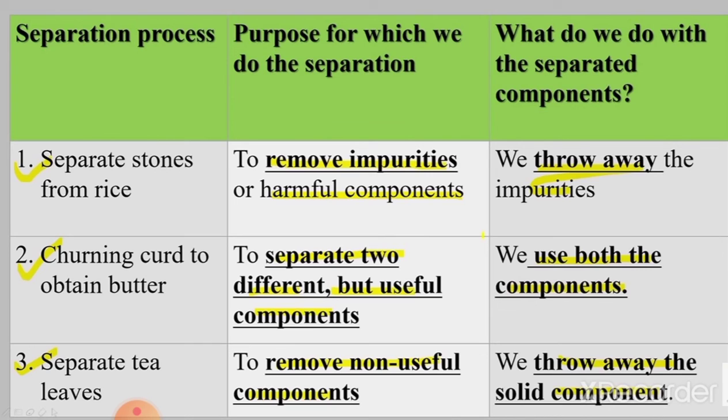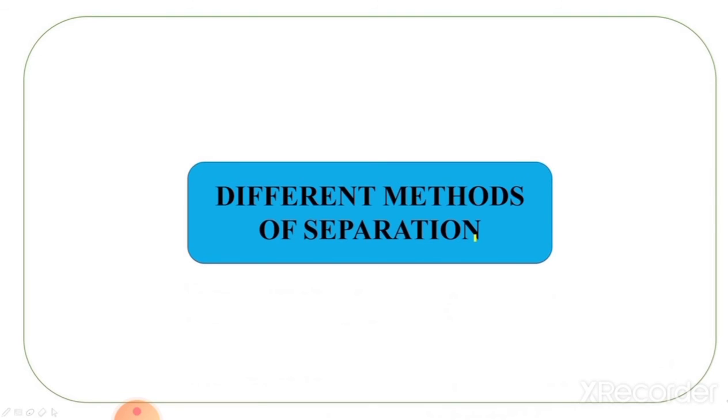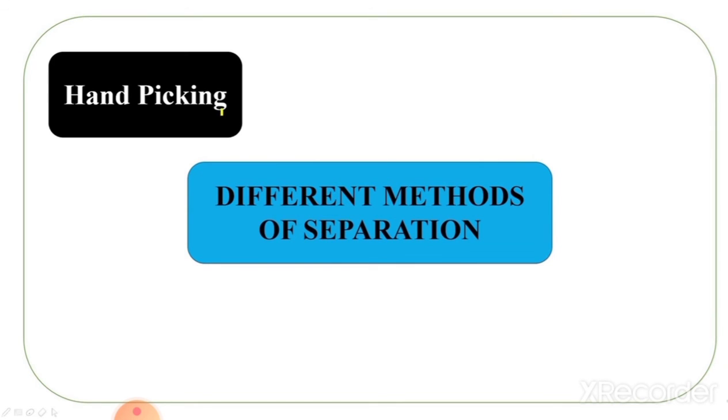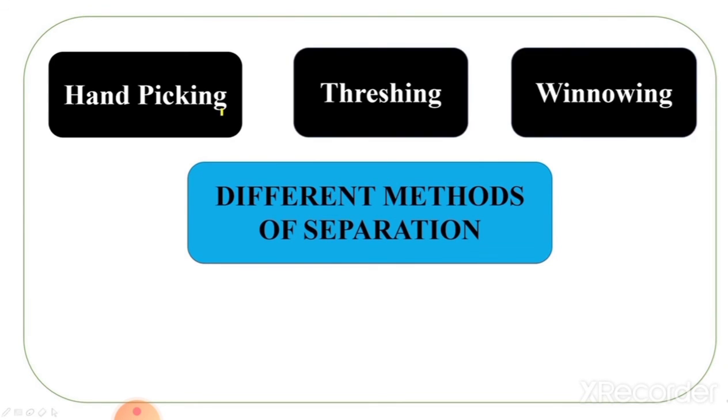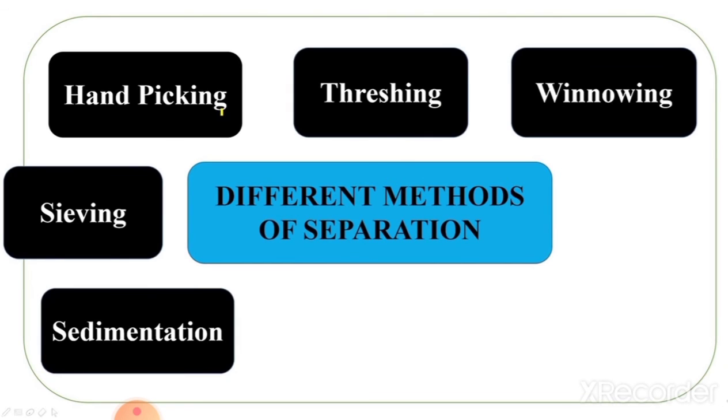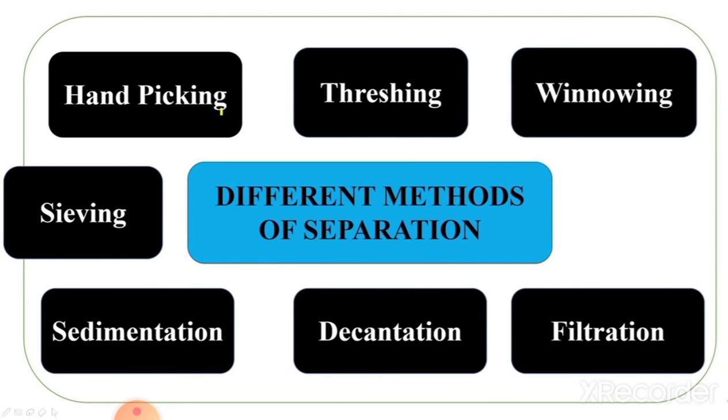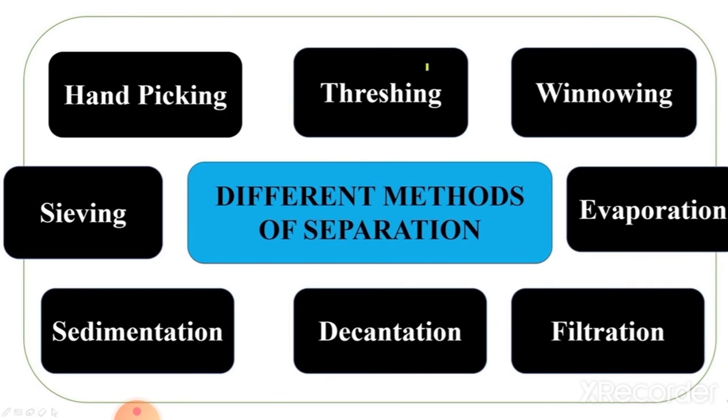Okay, so now we have seen the various reasons why we do separation, and also we have seen many examples where we do separation. Now we will study different methods of separation. There are various methods by which separation can be done, and you have to study all of them. So we will quickly look at all of the methods. The different methods of separation which you have to study are hand picking, threshing, winnowing, sieving, sedimentation, decantation, filtration and evaporation. You have to study all